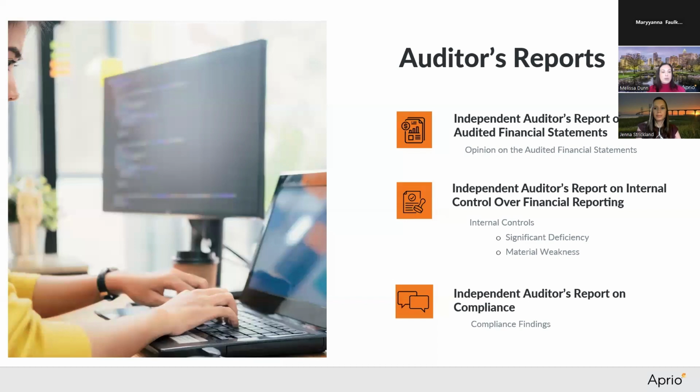If you have a regulatory audit, you might also have an auditor's report over internal control or over financial reporting, and then an independent auditor's report on compliance. So the report on control shows what is behind the scenes. For both the compliance and the internal controls: is the organization following the rules and regulations of certain agencies? Do they have controls in place to catch mistakes, noncompliance, or fraud? And is it handling federal or state funds properly? So basically, these reports show: is the project playing by the rules?